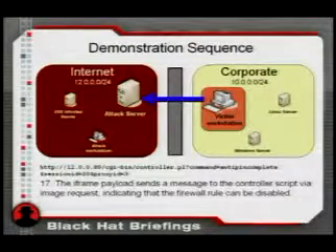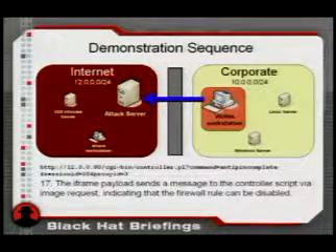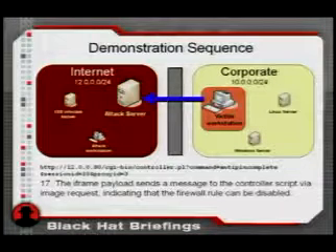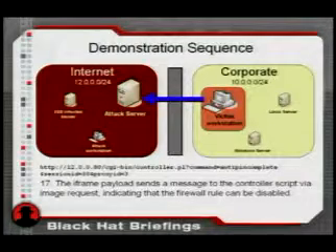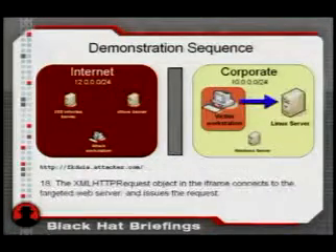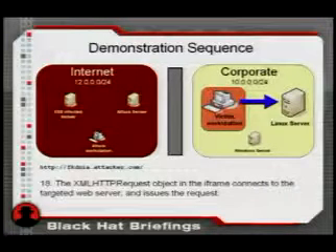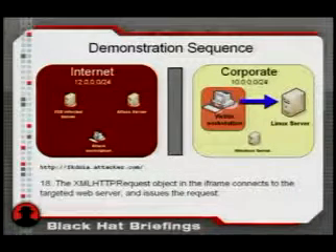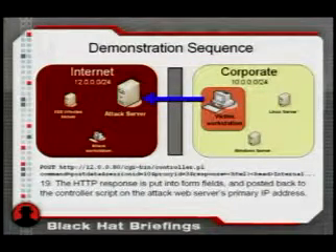Now, as soon as the payload sees that the new IP address has come down, it sends a message back to the control server saying, okay, we're done. The victim browser has pinned the victim server's IP address in its cache. We're ready to start processing requests. You can get rid of that firewall rule. And right after that, the browser will process the XML HTTP request object, sending it this time to, of course, the victim server, which will respond with some kind of content and forward it back to the attack server.